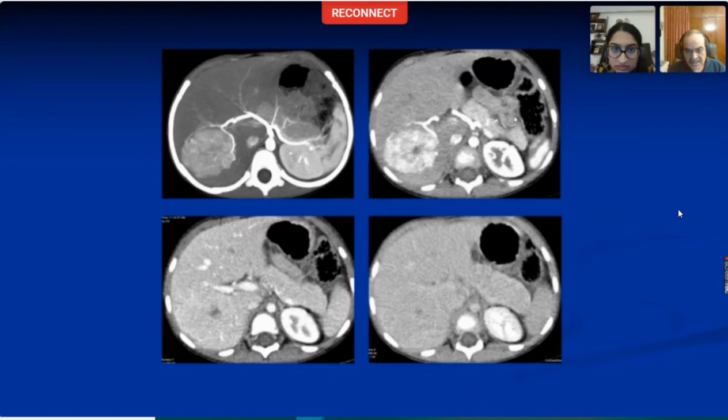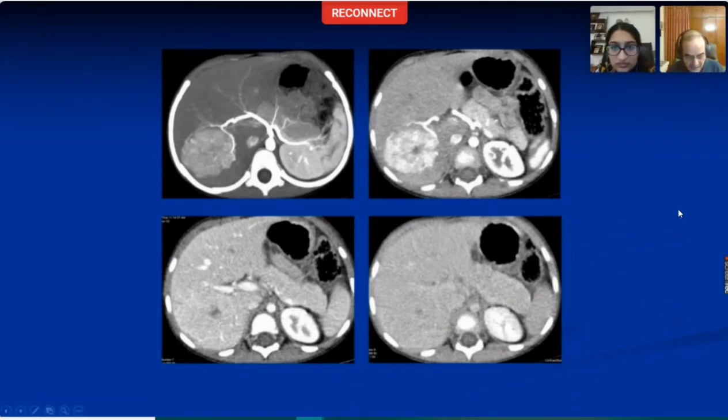Yes, sir. This lesion shows no washout. And if you see that the scar looks larger on the arterial phase than it does on the delayed phase. Yes, sir, it's enhancing on the delayed phase. There is some delayed enhancement of the scar. And as you rightly said, it's a hypervascular lesion, okay? And that does not show washout. So I would go with your diagnosis of focal nodular hyperplasia.